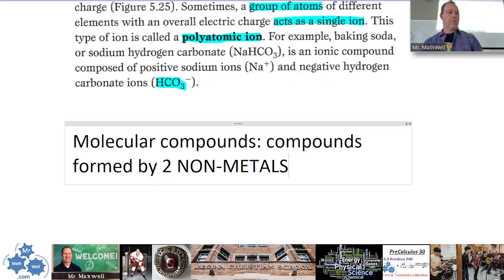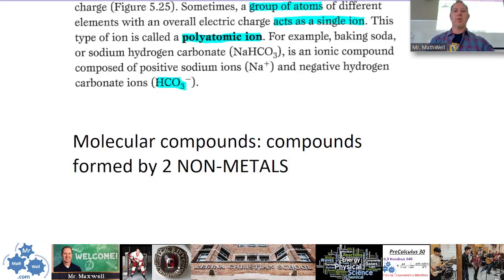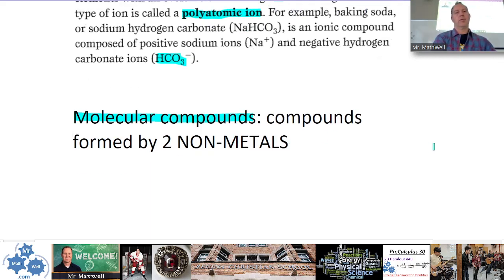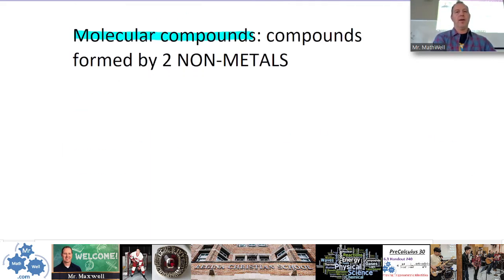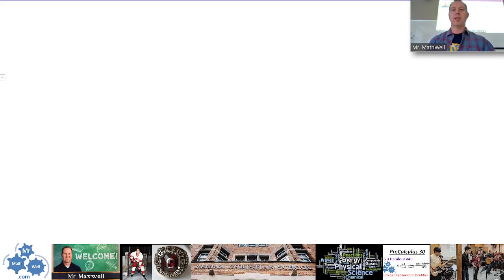So the other type of compound we've talked about is ionic. We're going to talk about molecular compounds now. Molecular compounds are compounds formed by two nonmetals. So if you have elements from the right side of the periodic table, again, compounds formed by two nonmetals, and